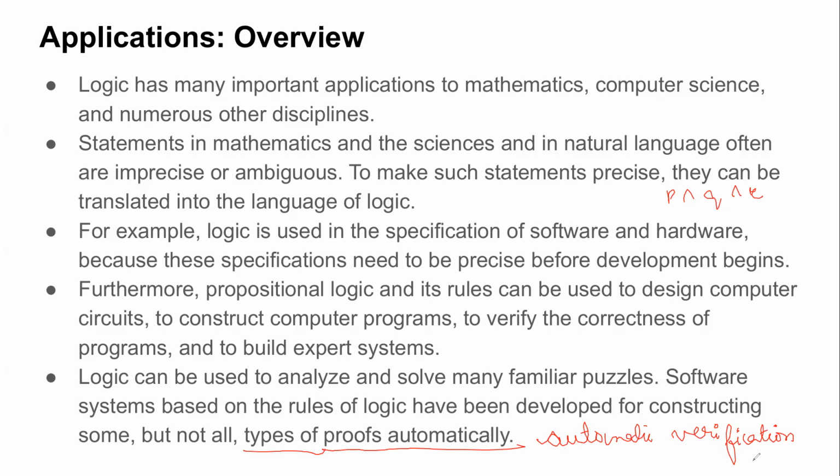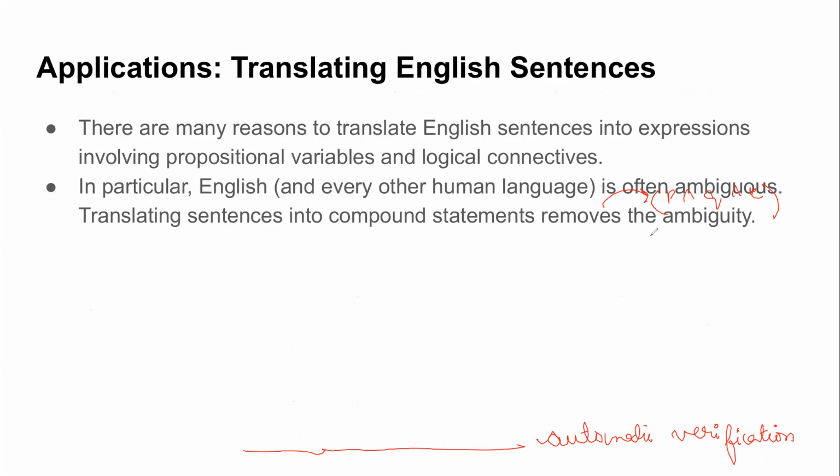Okay, like if you want to have an overview idea, the way automatic verification works is, you write your code or your program as a compound statement, a collection of compound statements. Then the inputs you give to your variables, once you give the variables to that compound statement, if it returns true or false, accordingly you can see whether the proof or the programs are verified or not. Okay, so this is kind of an overview of where all logic is applied. So let's look at all of them in a little more detail.